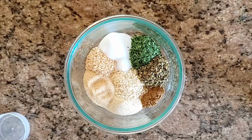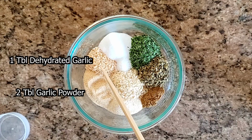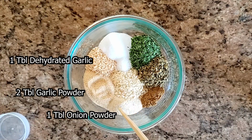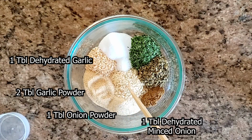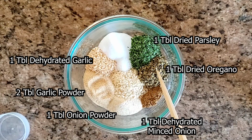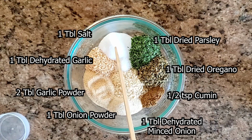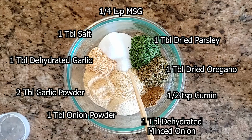I got this ingredient list off the back of the bottle and created my own ratio, starting with 2 tablespoons garlic powder, 1 tablespoon dehydrated garlic, 1 tablespoon onion powder, 1 tablespoon dehydrated minced onion, 1 tablespoon of dried parsley, 1 tablespoon of dried oregano, a half a teaspoon of cumin, 1 tablespoon of salt, and a 1/4 teaspoon of